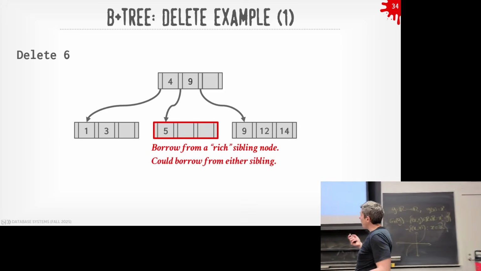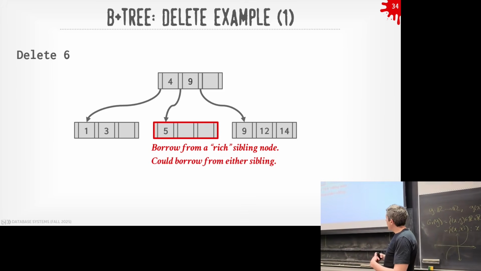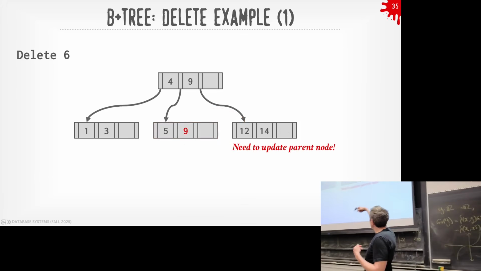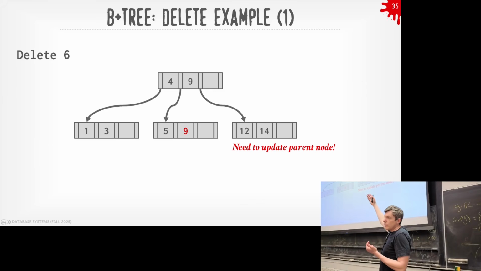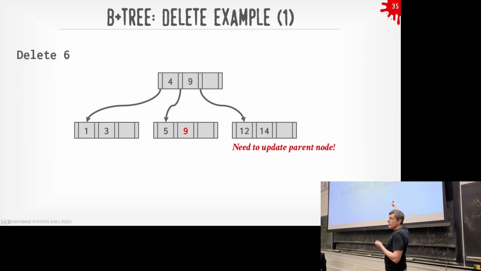So we can try to borrow from a rich sibling, meaning a sibling that can absorb a delete from us and still be more than half full. In this case, we can take 9 from our sibling and put that in our data structure. But now we need to update the parent key for the discriminator, because anybody looking for any value greater than or equal to 9, in the current form of the tree, would fall along the right side, miss this leaf node, and think the key was not there when it actually was. So we have to go up and update that by putting 12 there.